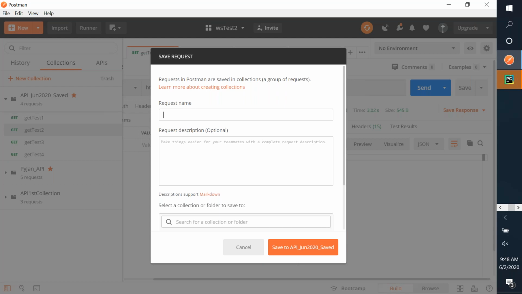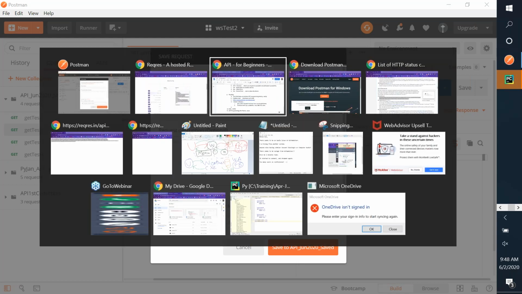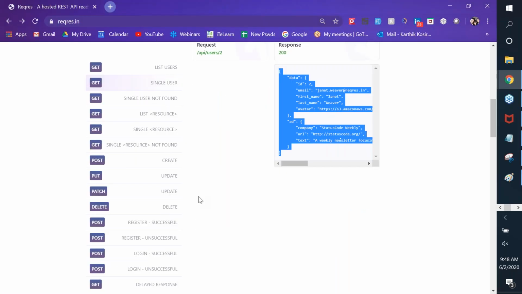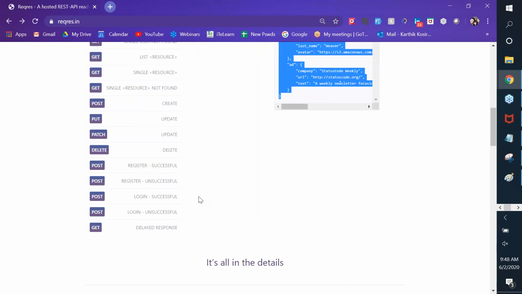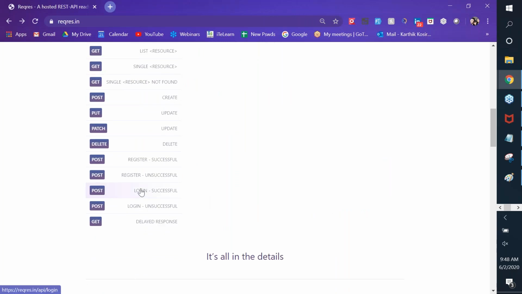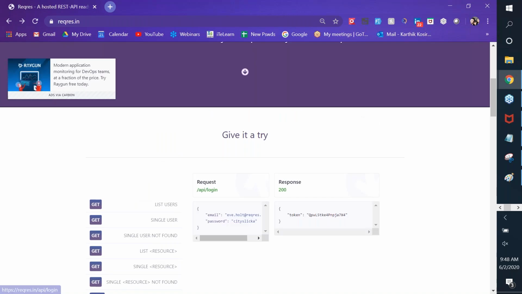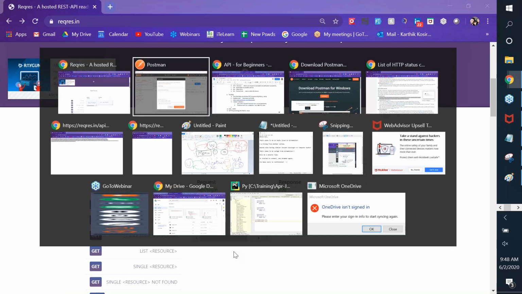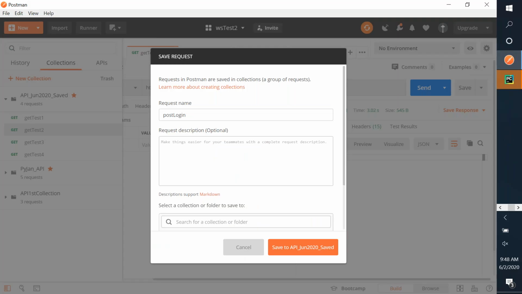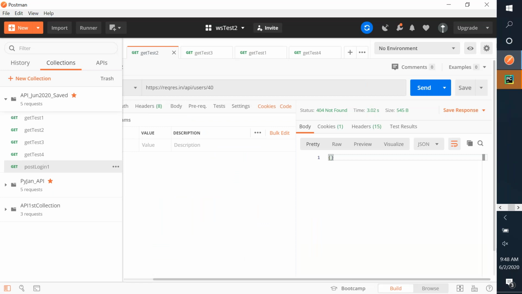And what request do we do? Why don't we do a login successful POST once? Okay, so that's a POST command. That's my URL. And I'll say this is post login 1. Okay. Come to the end. Here's my URL. Anything else that I need to change? Yes. The command becomes POST